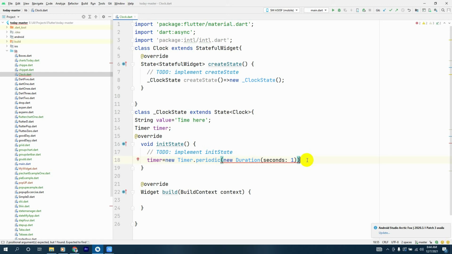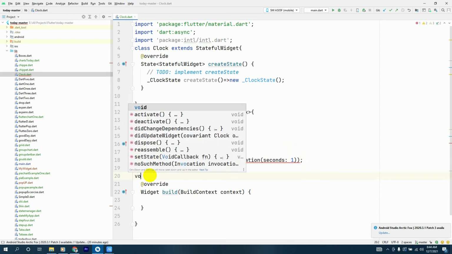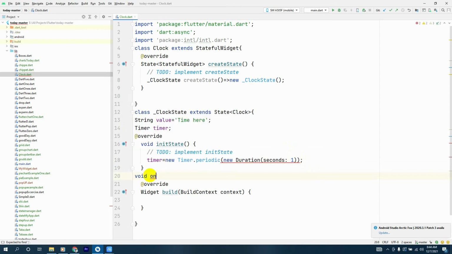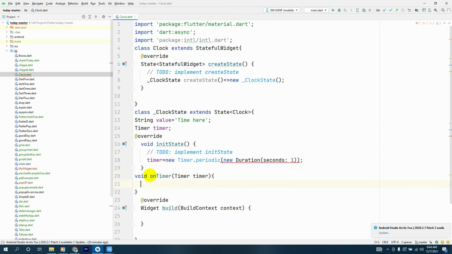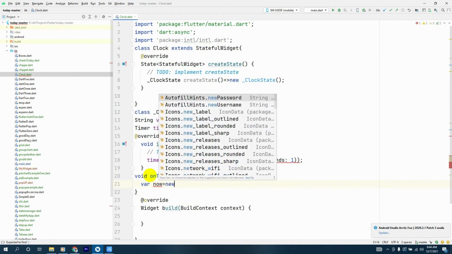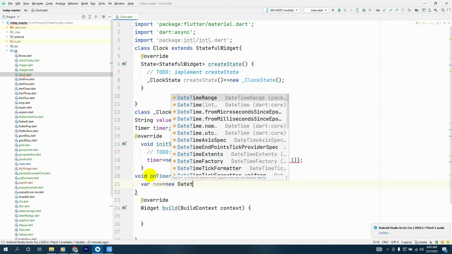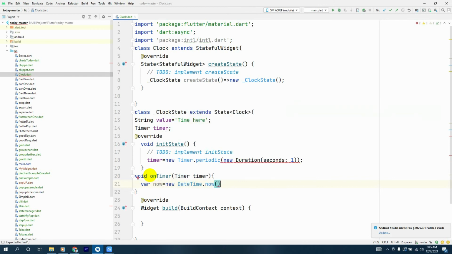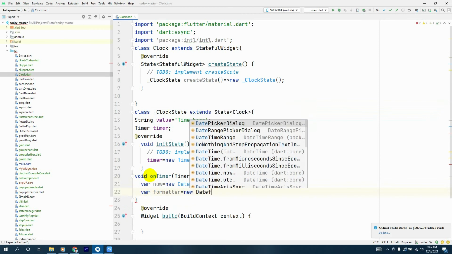And next thing we'll make a new method. We'll have a void onTimer method, which will pass the parameter timer, and next thing we'll have a var now equals to new DateTime.now, and we'll have a var formatter equals to new DateFormat